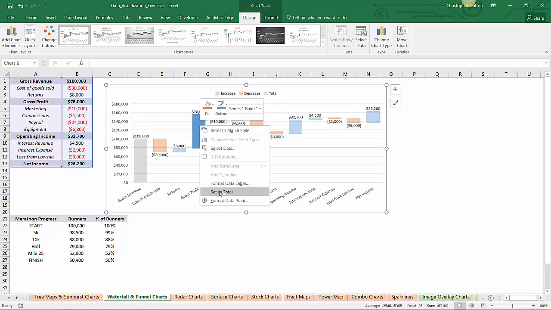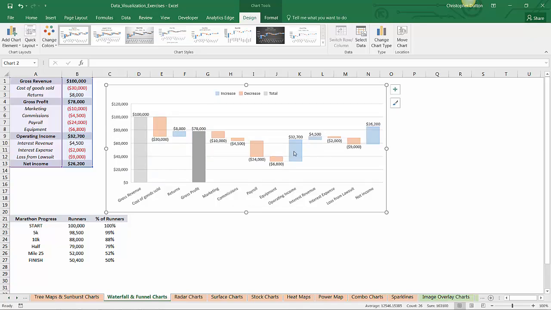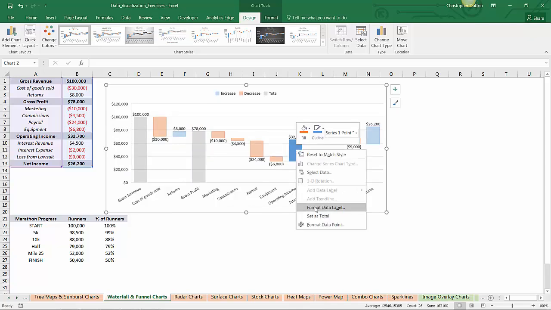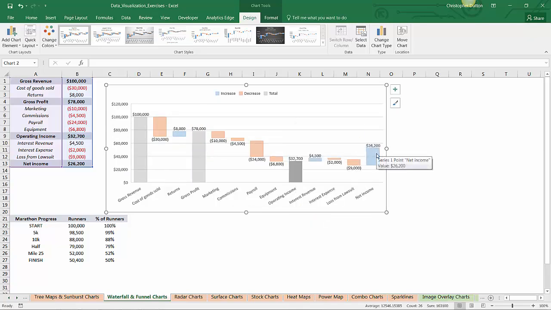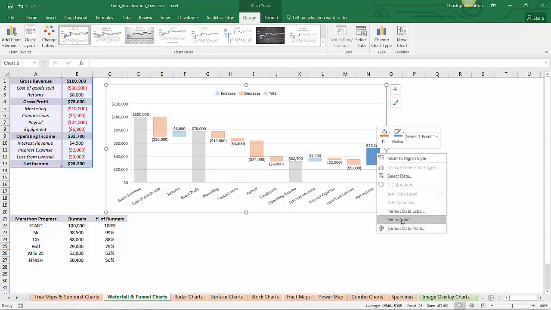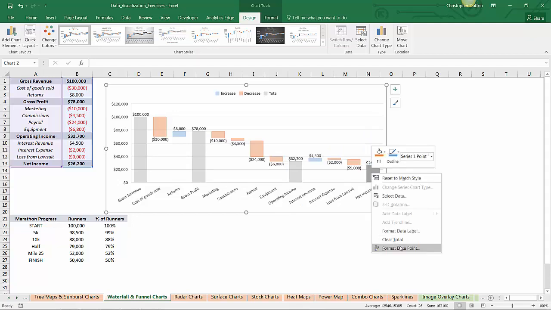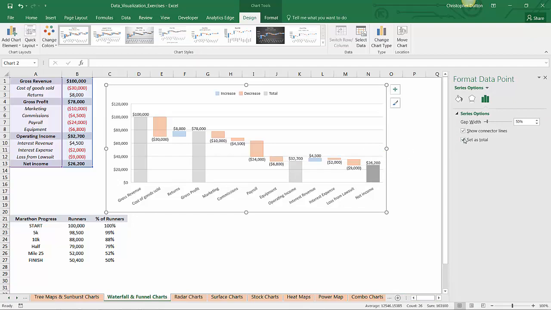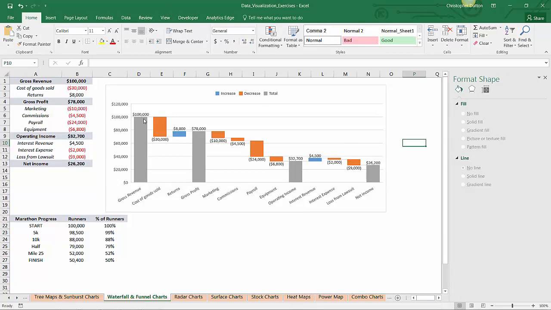So I'll do the same thing here with my gross profit, same thing here with my operating income, and last but not least with my net income. And you can also do that by right-clicking, formatting the data series, and you can set the total there as well. So now as you can see, we start with 100,000, lose 30,000, gain 8,000, which takes us to 78,